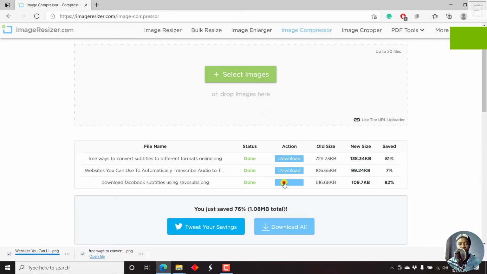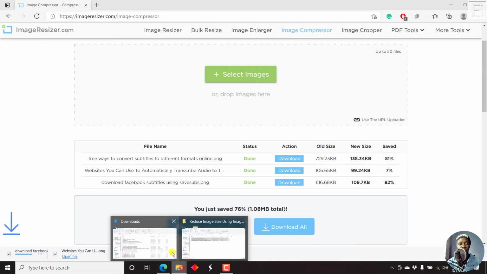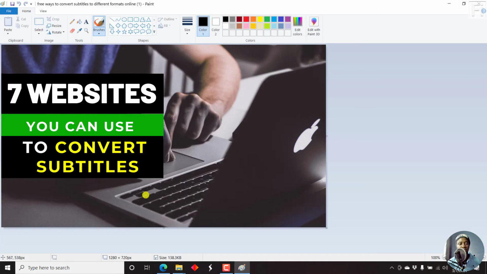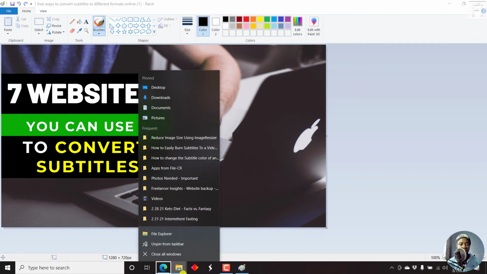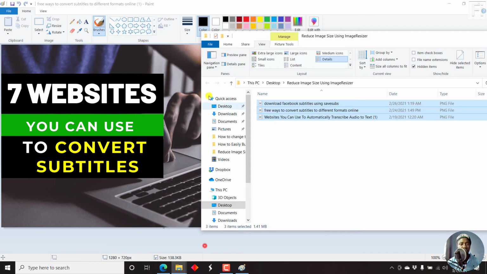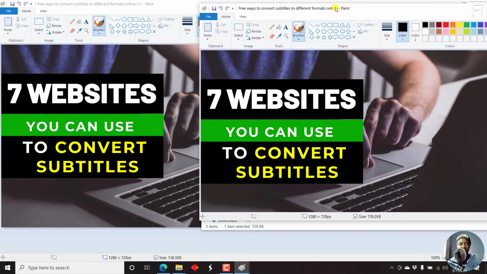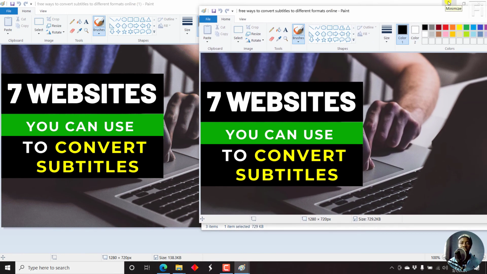First, second, and then we go to the third one, and then we can just go and access them from the downloads section, and here they are. Let's just refresh this, and here they are, super small. If I just double click, this is the compressed one. It has a 1 there, and then let's go to the original. This is the original. If we look at them side by side, there's no significant difference that we can see.